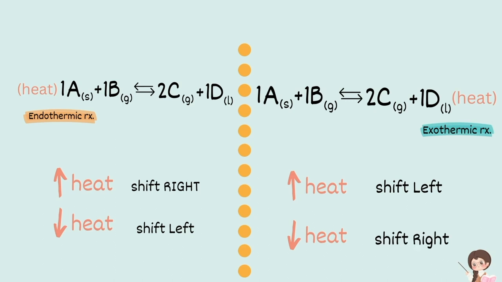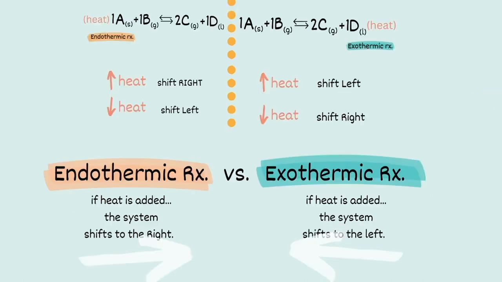If this is still confusing you, take some time to stop the video and look at the patterns here. Again, remember this rule. If heat is added to exothermic, there will be a shift to the left. And of course, if heat is decreased on an exothermic, the system will shift the opposite direction, so to the right. And for endothermic reactions, it's also opposite. If heat is added, the system will shift to the right. And if we do the opposite, meaning we decrease the heat, the system will move to the left.